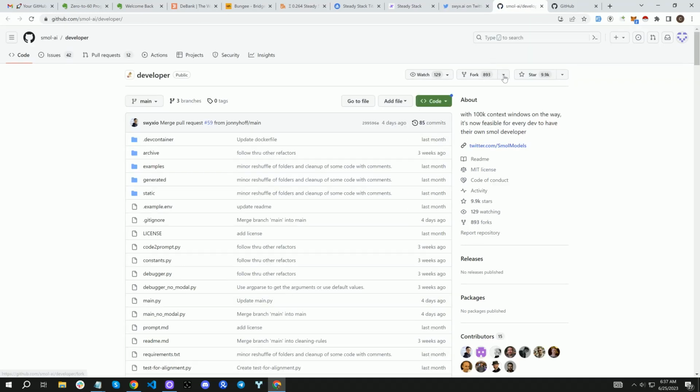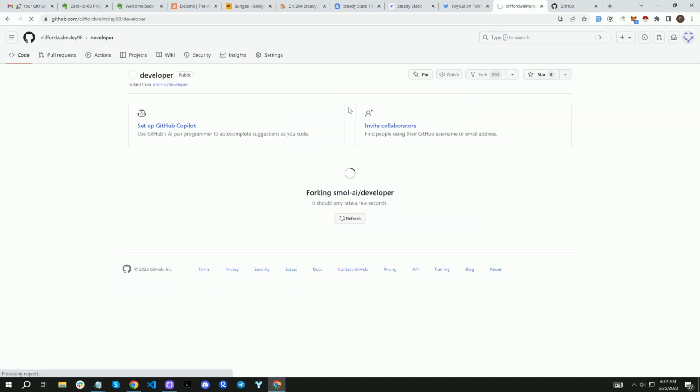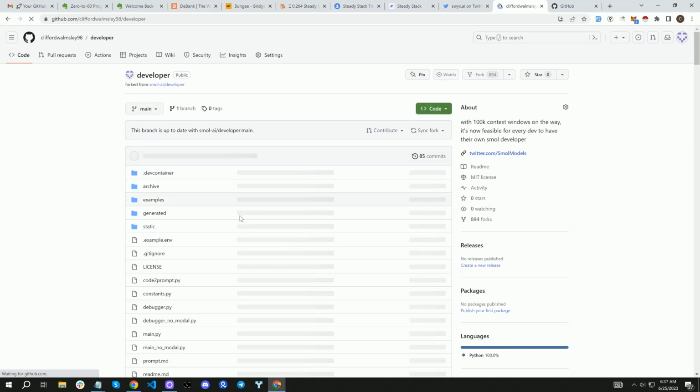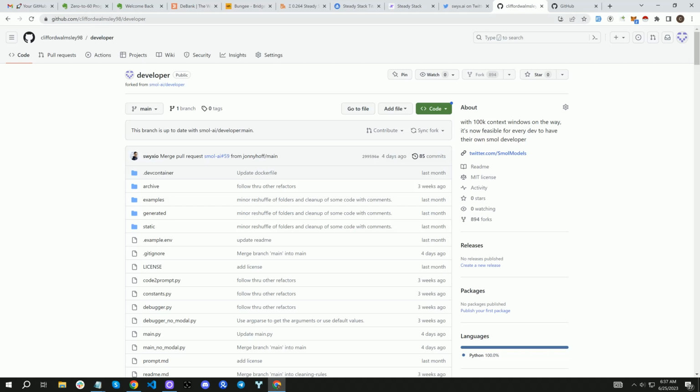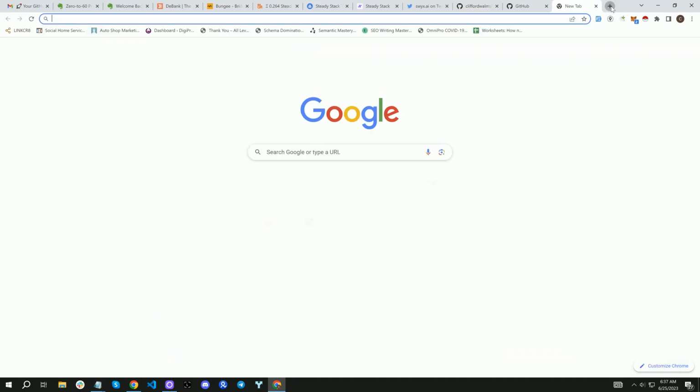Now up here, we're going to hit this little button right there and create a fork. And just leave all this there, name just the same. Now you will have an exact copy of that in your GitHub account with the link here. You'll see why we want that in a second. And now we're going to go to